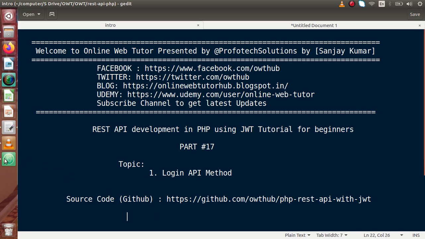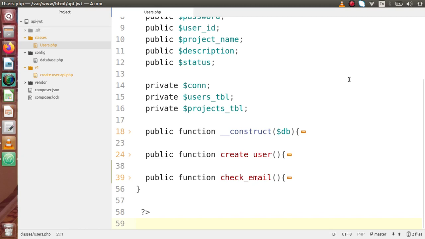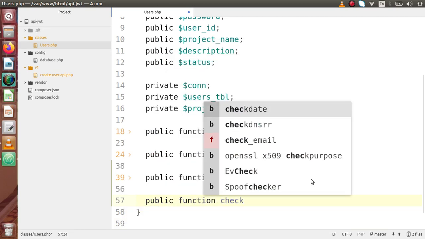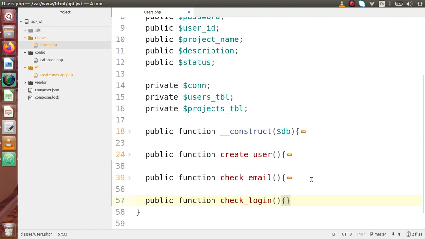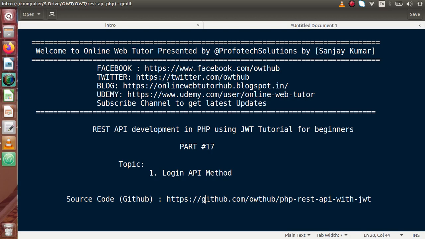So back to the code editor. Now this is our class. Inside this class, we have made some properties, a construct function and some of the methods. Now inside this, I am going to define one more method to check our login. So let's say checkLogin. On the basis of our email address and password, we will check whether that user exists in our database or not. So if I open the Chrome browser,